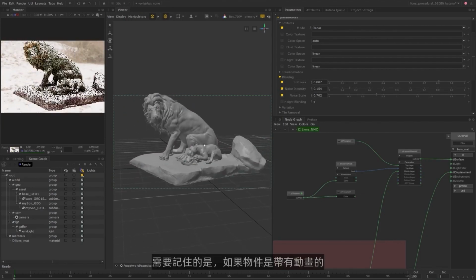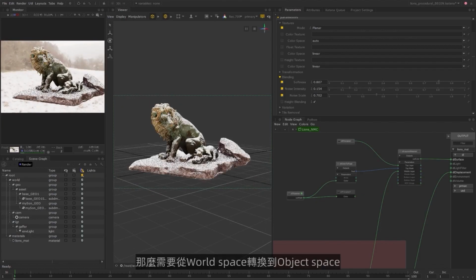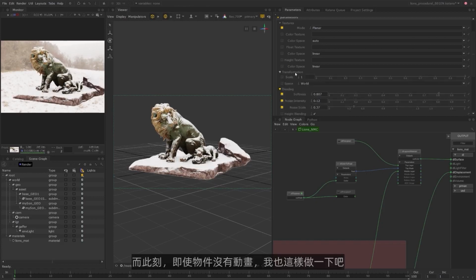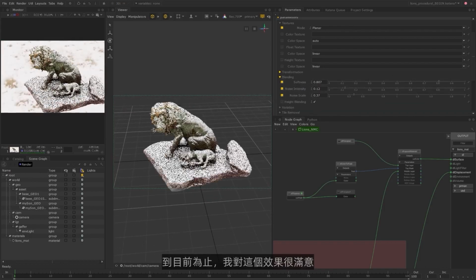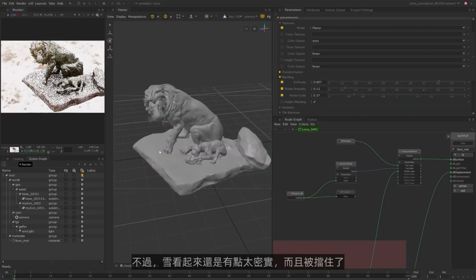Something to remember is if your object is animated, then you'll need to change from world space to object space to prevent any sliding or movement of the mask area. I'm going to do this even though this object isn't animated, because I may want to apply a rotation to render out a turntable. So I'm pretty happy with this so far, but the snow is still looking a little